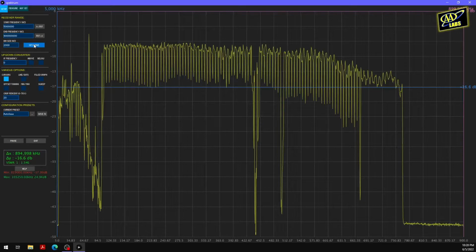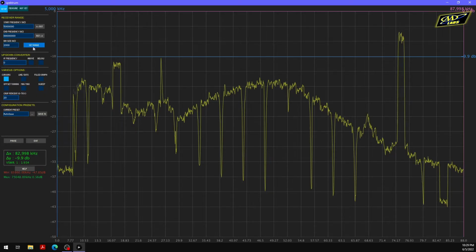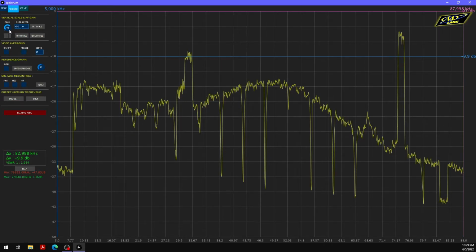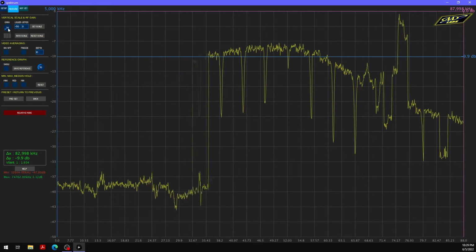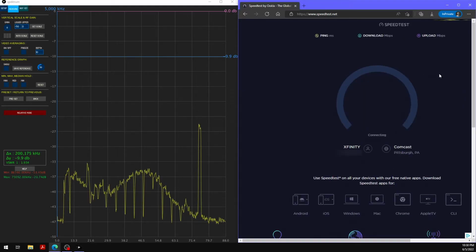And now I'm going to look specifically at the uplink, or basically everything below about 88 megahertz, below the FM band. So I'm going to go from 5 megahertz to 88. And this just kind of looks like garbage, so I'm going to lower the gain here. Well, what I can do is run an internet speed test and show that some of the uplink spectrum is being used. So let's go.